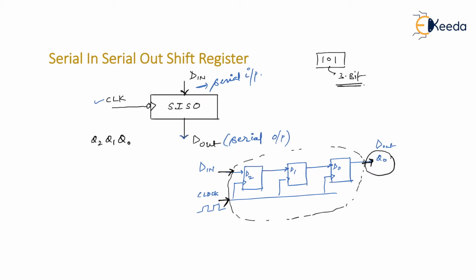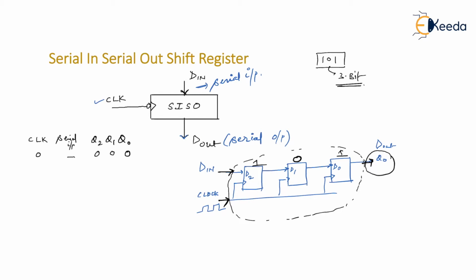Assume that all of the flip-flops were initially cleared. In that case, no clock was applied, or let's say the 0th clock is applied. Over here, I'm going to mention my serial input. Since I'm assuming that it is a 3-bit register, I have decided to store 101 inside this. 101 is serial data, but since the input is serial type, you can apply only one bit at a time. Here I have not applied anything because I have not even applied a clock.